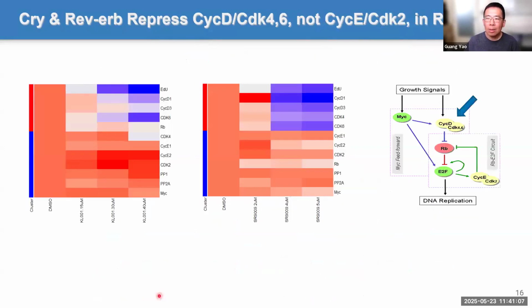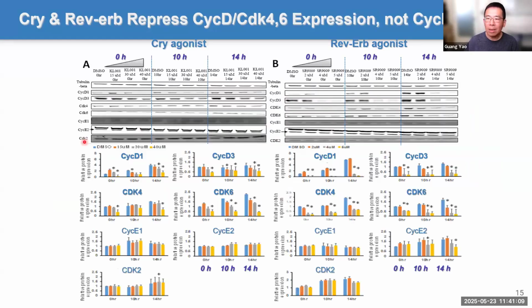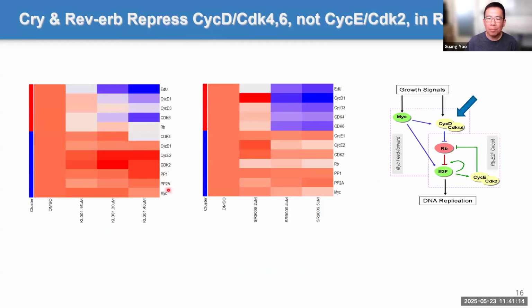So this is just a summary of the data, using both time points to make the heat map. We have done other Westerns, not only the cyclin CDK kinases, but also phosphatases like PP1 and PP2A, with the same idea that they are not affected. The only one affected, EdU, shows a dose-dependent decrease of cell cycle reentry. That's how deep they are. So the depth of the quiescence is directly correlated or clustered with cyclin CDK behavior, but not the other things.